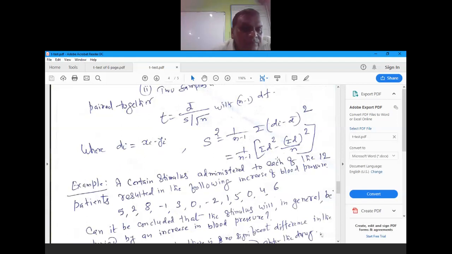We will dictate it too, write the example. A certain stimulus administered to each of 12 patients resulted in the following increase of blood pressure. So a certain stimulus administered to each of the 12 patients resulted in the following increase of blood pressure. Just you may write data: